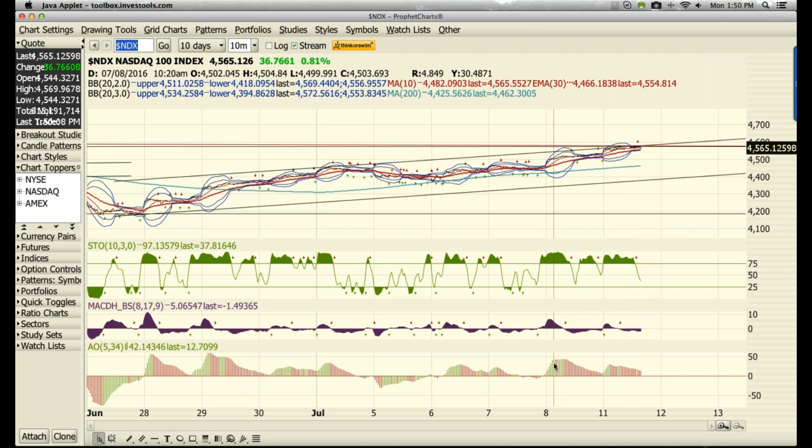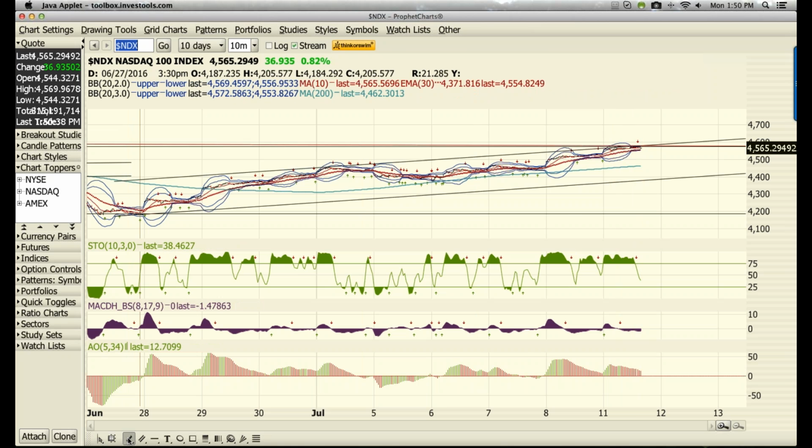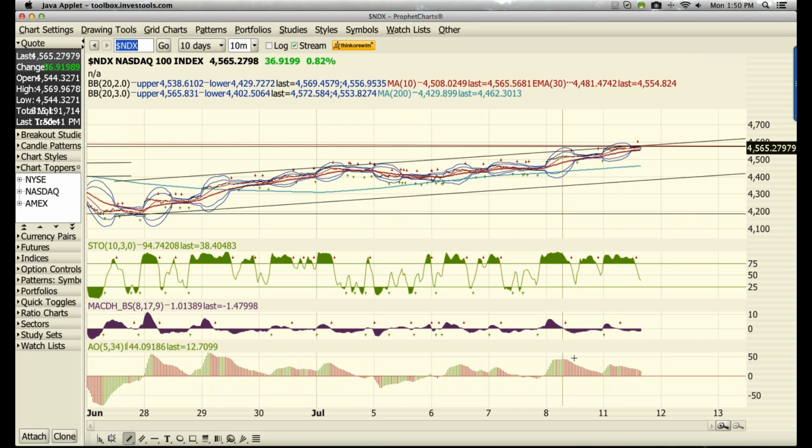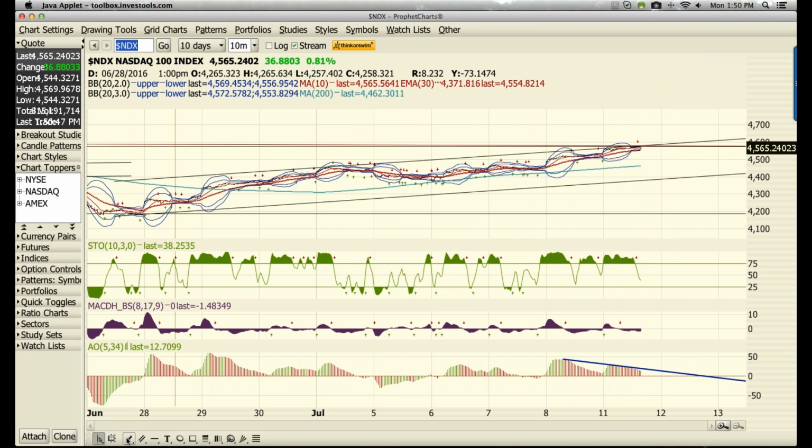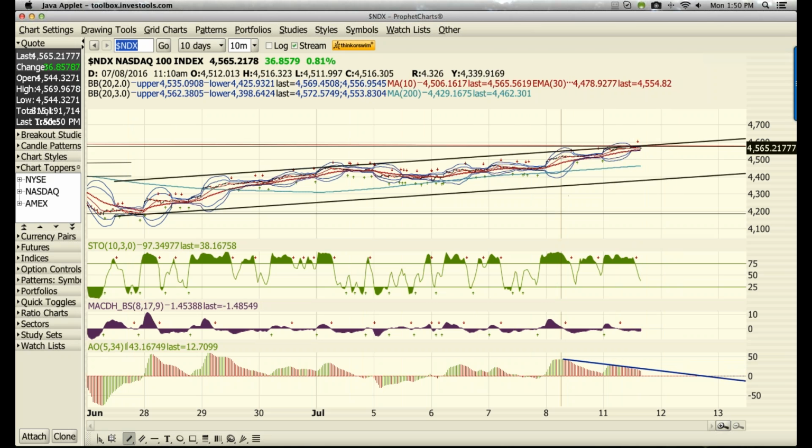So what that means is you've got a series of green and red bars. Red indicates weakening momentum. Green indicates strengthening momentum. I'm looking at this on a short-term intraday time period. But when you have a series of transitions from green to red, you have a series of peaks. If those peaks are in a pattern where each subsequent peak is a lower high, that indicates overall weakening of momentum. So right here, we have weak momentum occurring, and during that same period of time, we have pretty strong